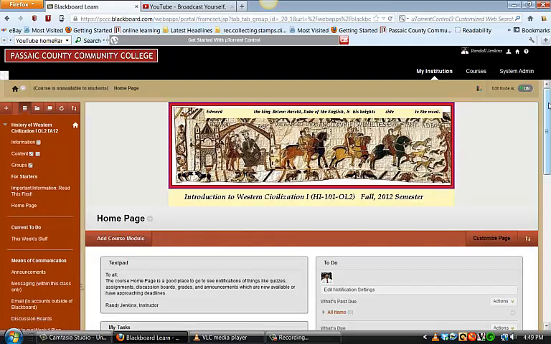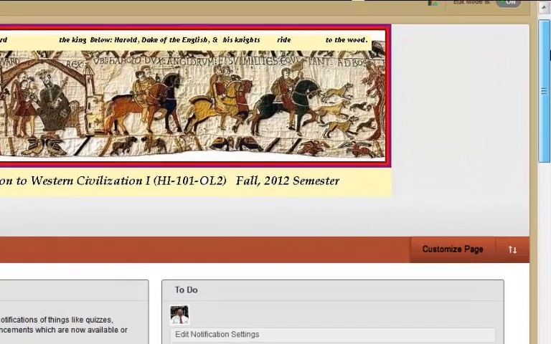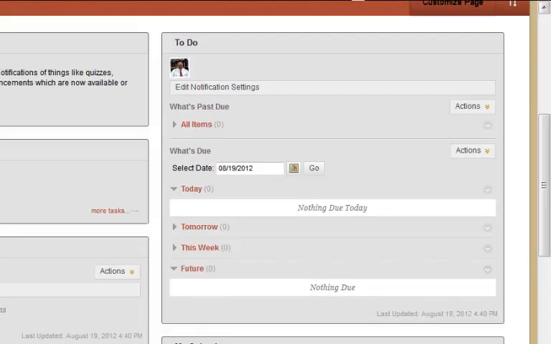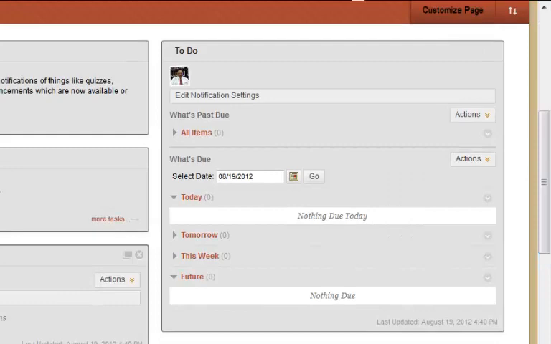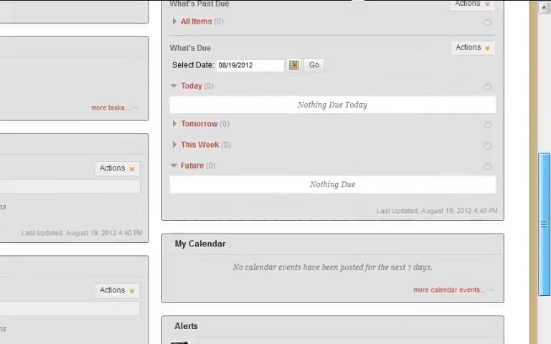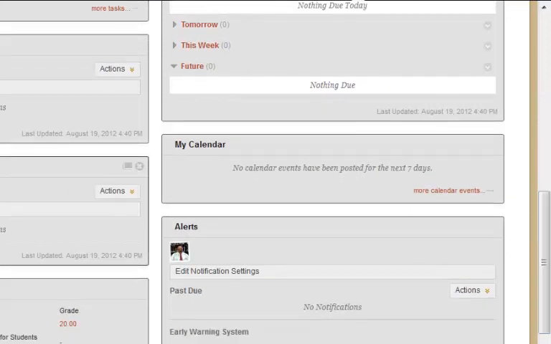The home page of the Western Civ class acts much like the Notifications dashboard in the My Institution tab. Only here you are seeing notifications only for this class. So if we look at the modules that are available here, you'll notice that there's a What's New setting, a To-Do, My Tasks, What Needs Attention, Alerts, and a report card